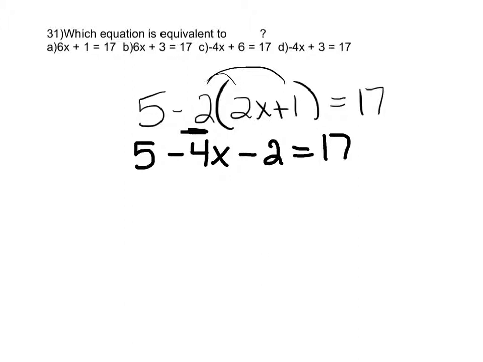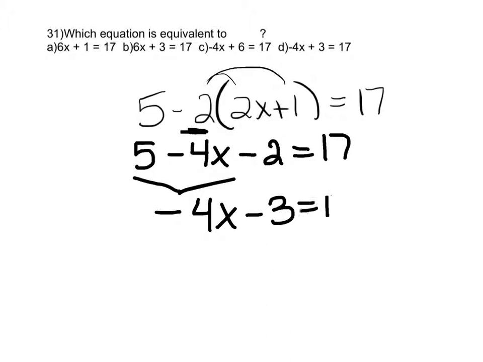Now we can combine our like terms here. 5 minus 2 is 3, so we have negative 4x minus 3 equals 17. Now, I'm sorry, that would be a plus 3 because 5 minus 2 is a positive 3. So now take a look at the options written above, and you can see that D is your option. They're not looking for you to solve this completely. They're just asking you to simplify the first equation and match up the one